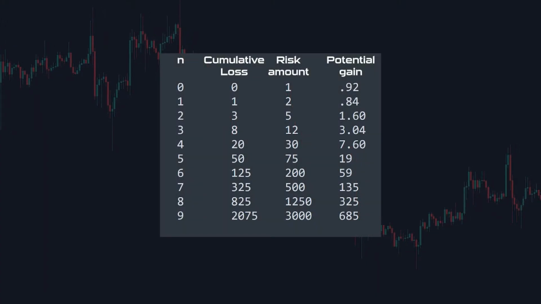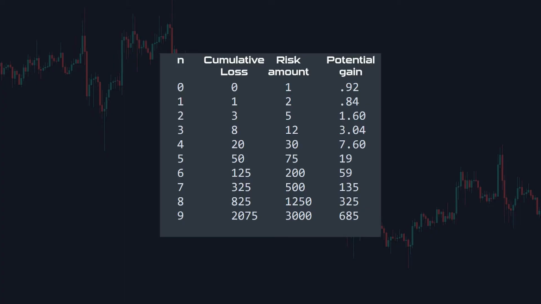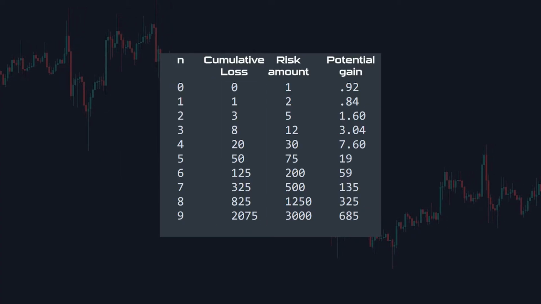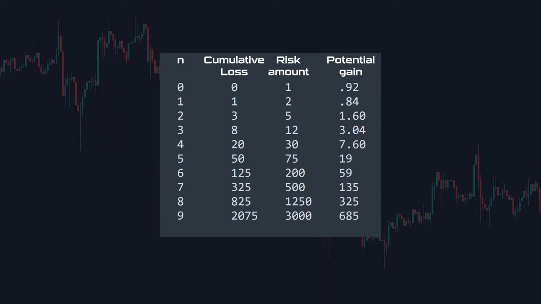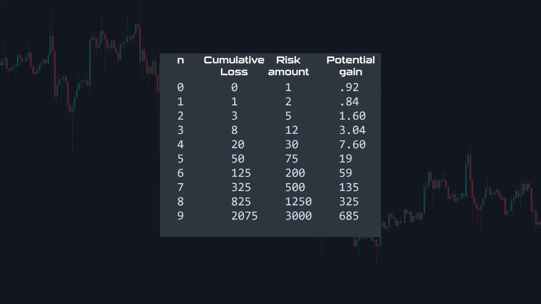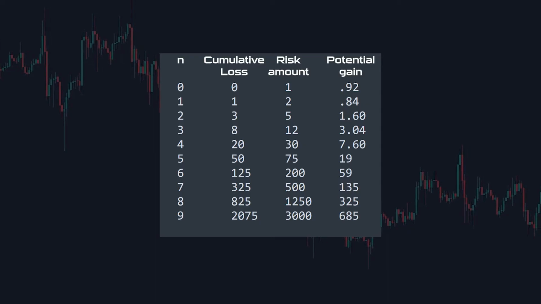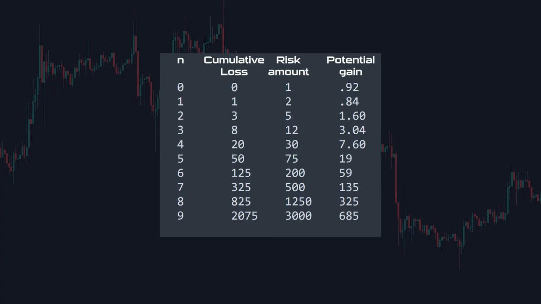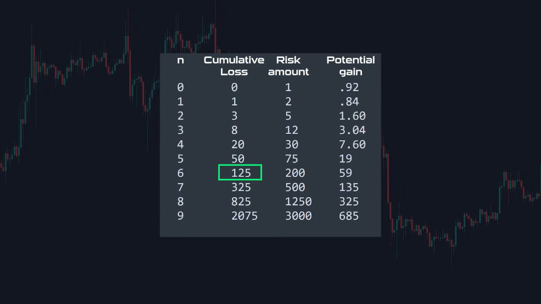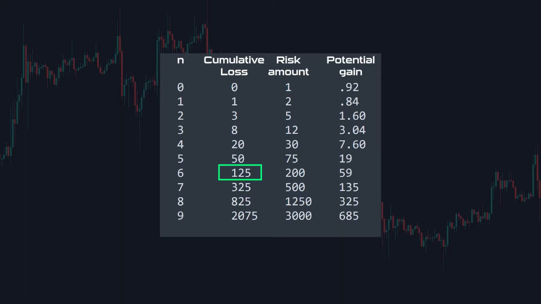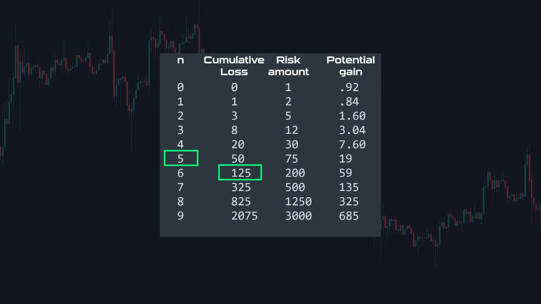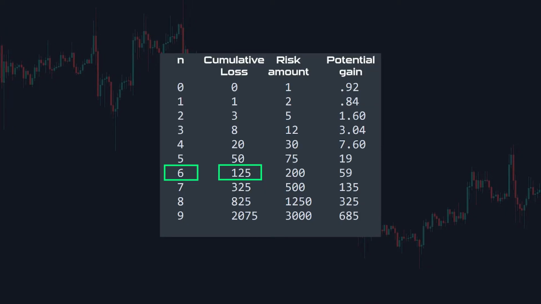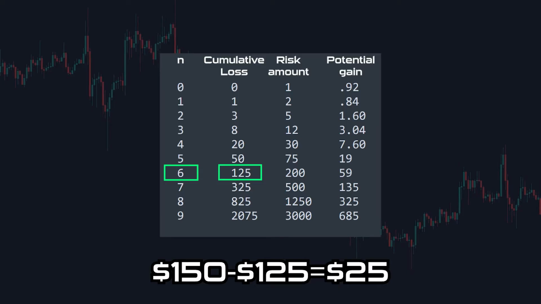To check how many losing trades you can survive, based on the amount of money you can invest, find the closest smaller value in the second column, go up 1 row, and check the first column. So for example, using this cheat sheet with multiplier 2.5, if you have $100 and you haven't used the promo code yet, you can trade with $150. Closest number is 125, so you are able to survive 5 losing trades and have a last chance to recover losses on the 6th one. More precisely, you will have $25 if you lose the 6th one.